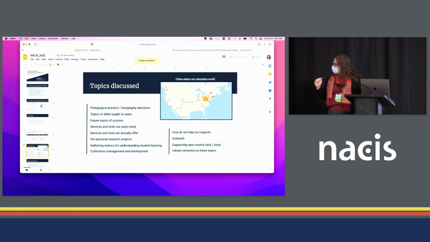The topics we discussed not only include what I've already mentioned, but also include what is our role as a librarian in general, how do we support practice, how do we pick out what future topics are, not only at the future of our field as librarianship, but what's the future of geography and cartography that our students are going to be tasked with, and how can we help prepare lessons that meet those challenges? How do we work on outreach?